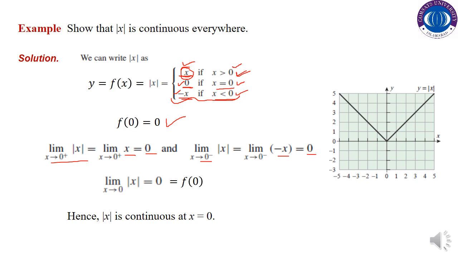So left hand limit and the right hand limit is equal to 0, so the two-sided limit as x approaches 0 is 0 and the value of f at 0 is also 0। Third condition also satisfies। So this function is continuous at 0 and this function is continuous everywhere।